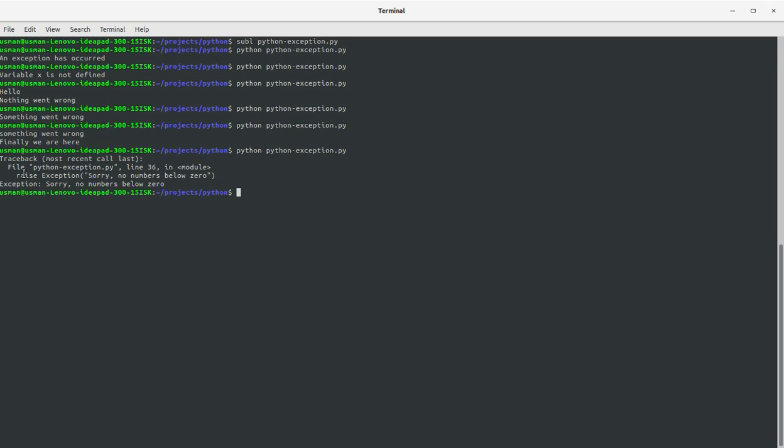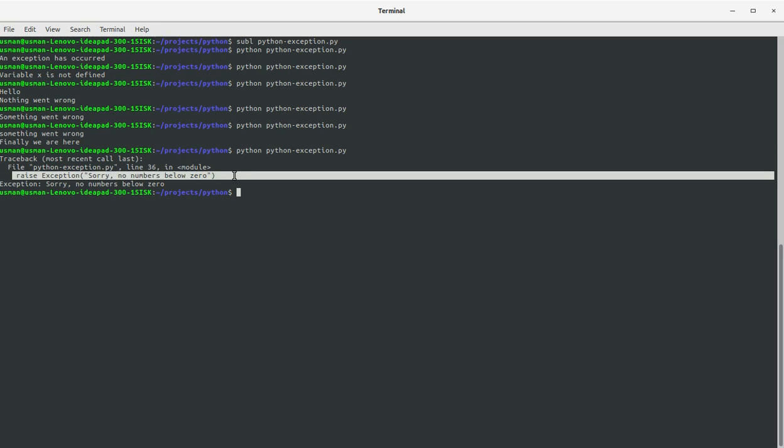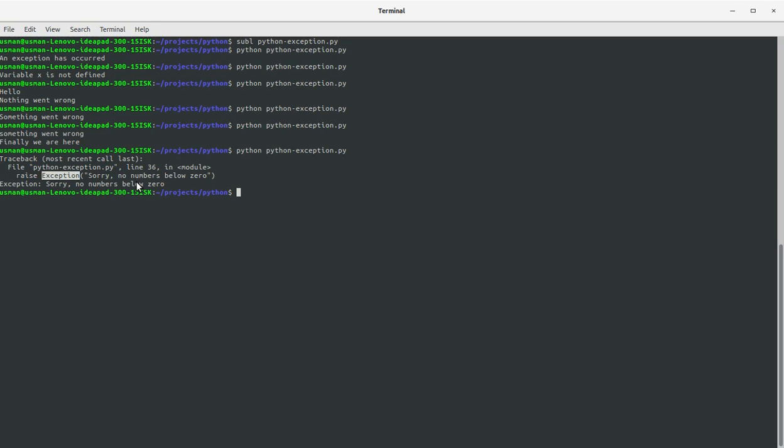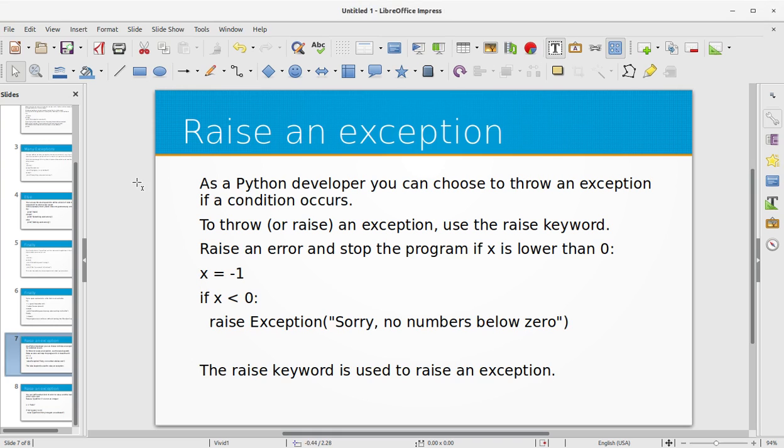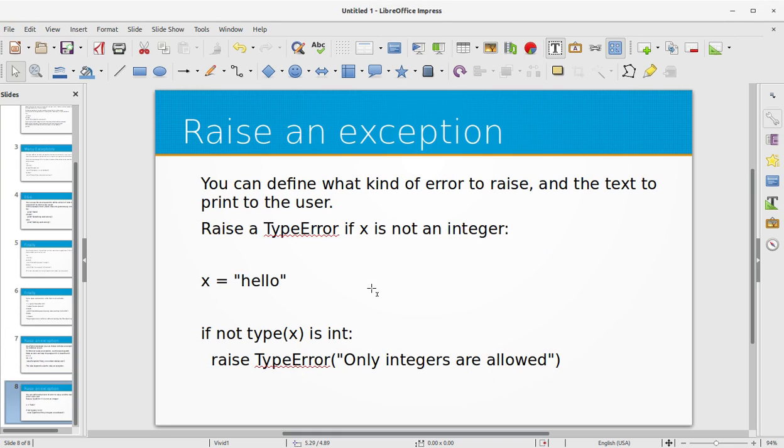forcefully raised an exception. You can see Python has mentioned the line number, and it mentioned the raise exception line that we wrote in our program. So we can forcefully raise an exception in our program to break the execution of the program due to a fatal error or any other important execution. You can define what kind of error to raise and the text to print to the user. To raise a type error if x is not an integer,